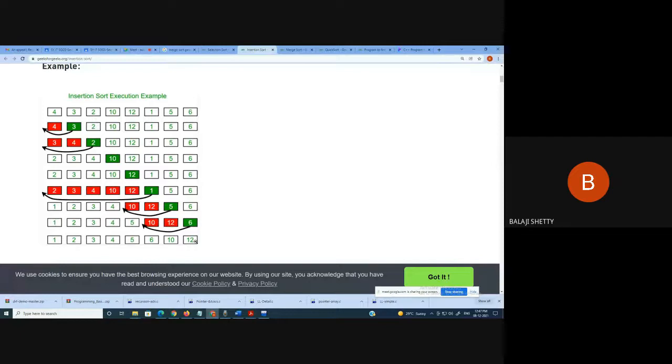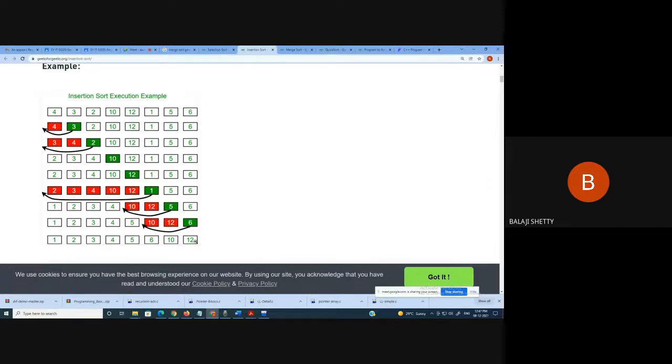Now my next question to you: can you write the program to sort in this way, insertion sort? Everybody knows bubble sort. In first year you have learned bubble sort, you know how to sort the numbers. My question to you: can you make some changes in the bubble sort which will create this insertion sort?